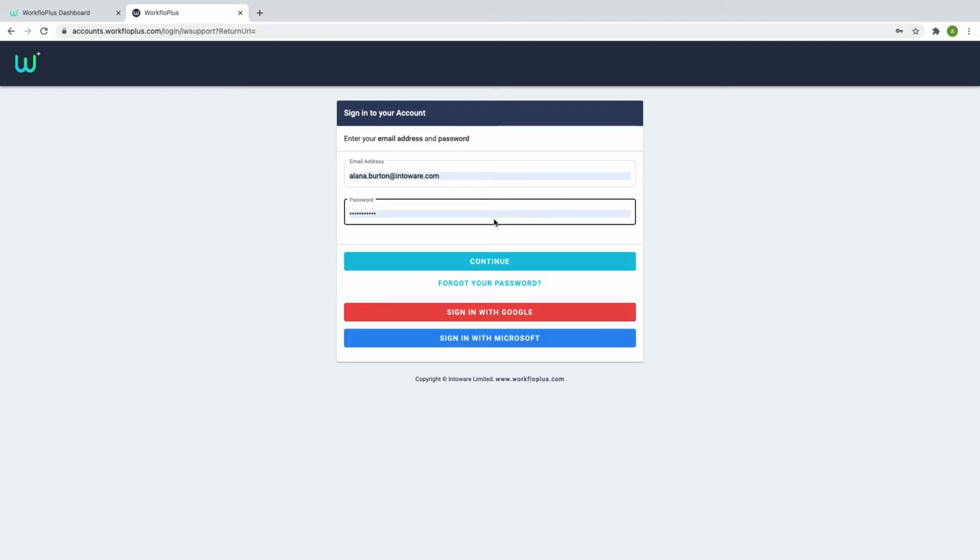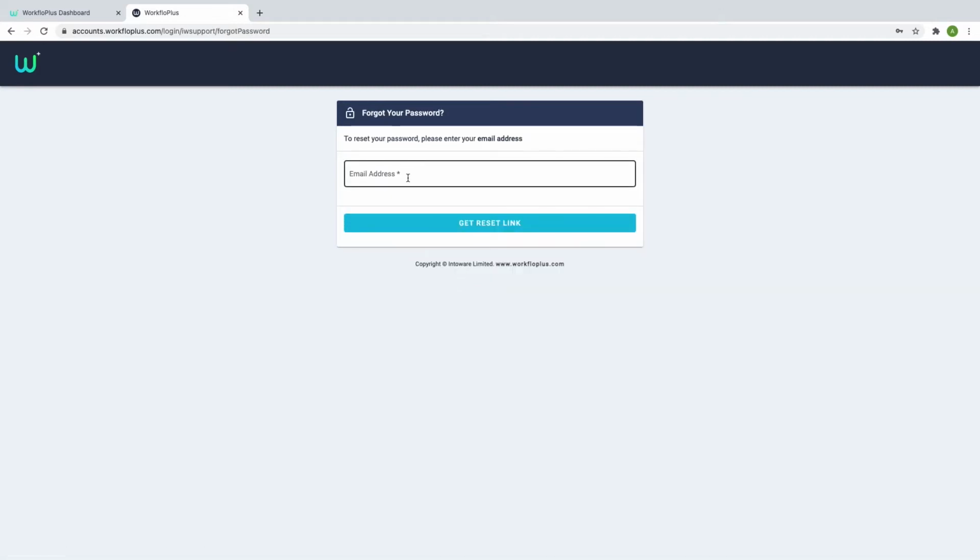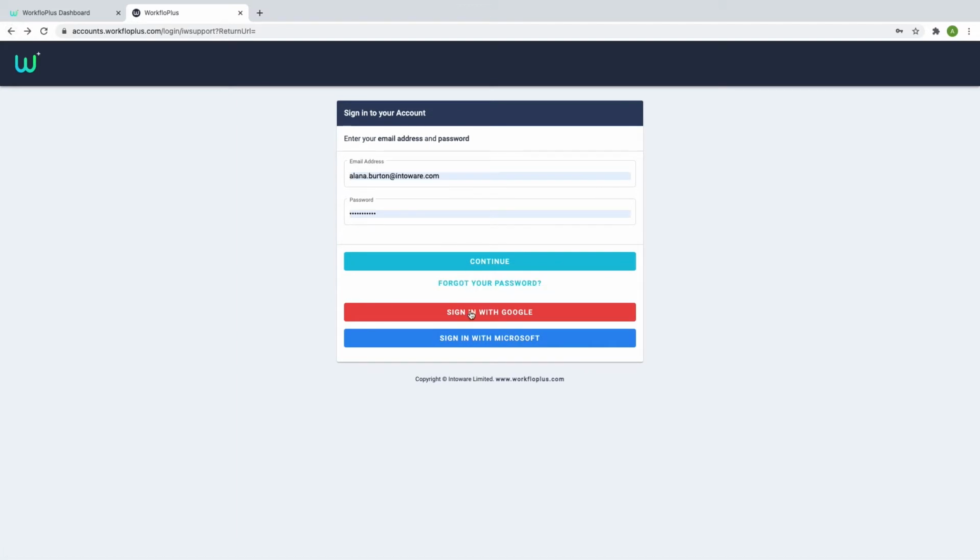Here you are met with some options to sign in. You can sign in using your email address and your password, or you can sign in using single sign-on with a third party such as Google or Microsoft. If you've forgotten your password, select Forgot Password, enter your email address and select Get Reset Link. An email will then be sent to you containing a reset link. I'm going to go ahead and sign in using Google